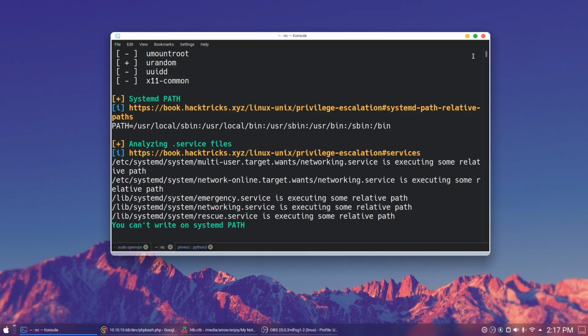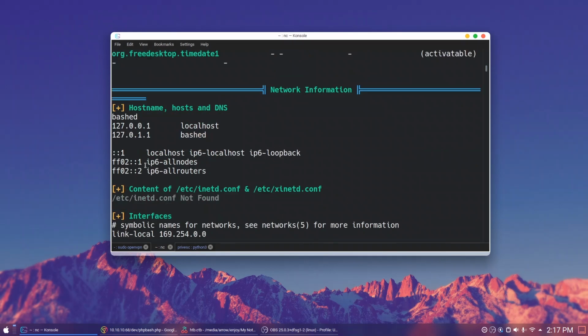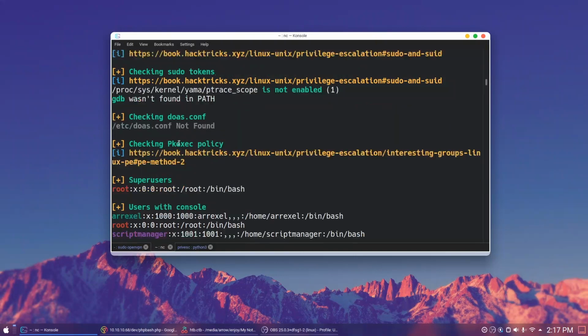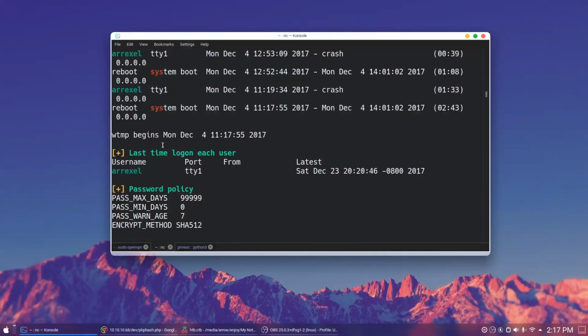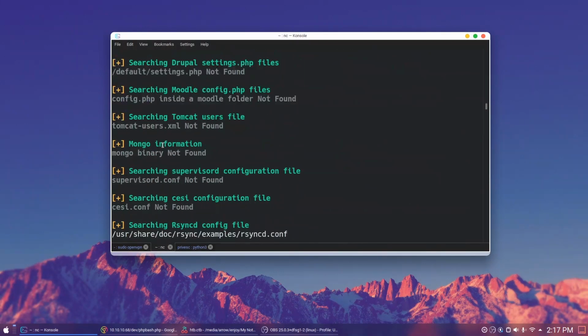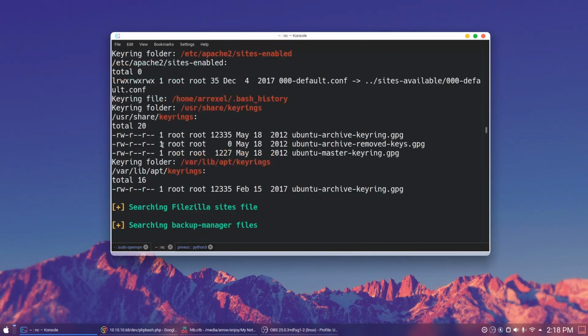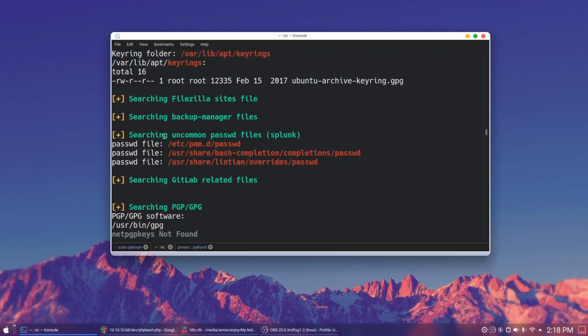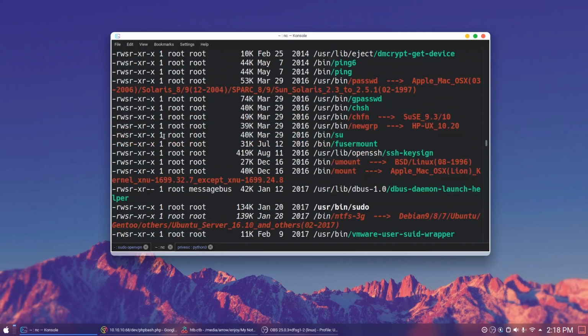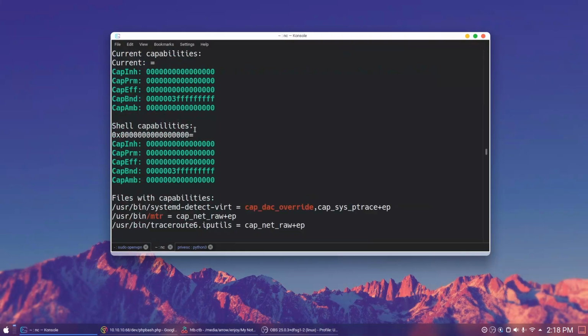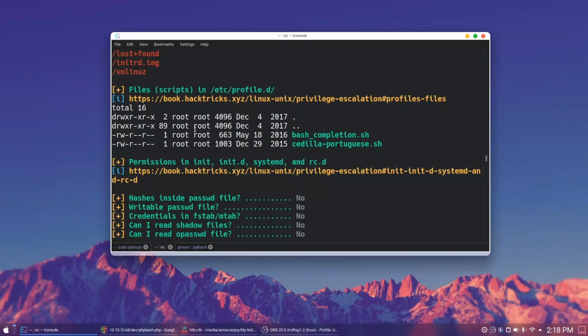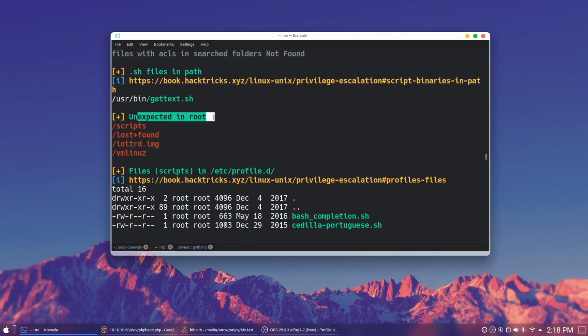It is somewhat up, but here down you will get the unusual directories. So you will see here, you can see unexpected scripts. There is some interesting folder.